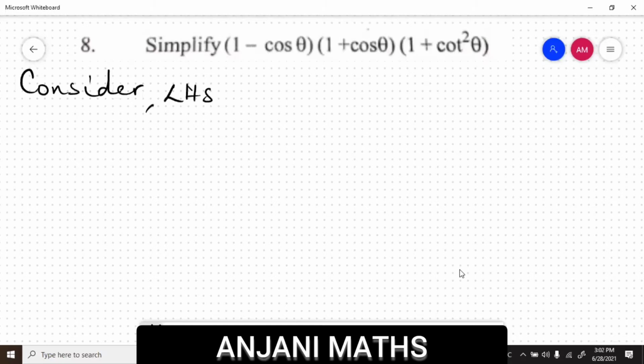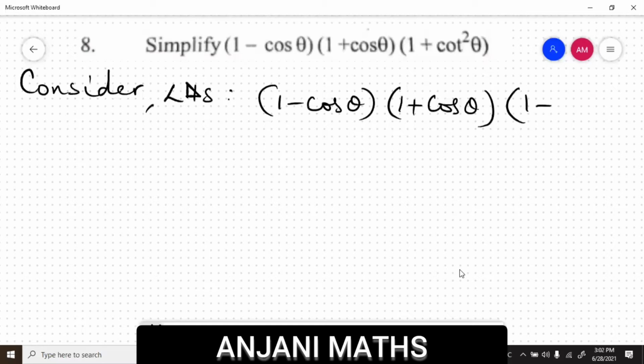What do we have in left hand side? 1 minus cos theta into 1 plus cos theta into 1 plus cot square theta. By seeing the first two terms of the product, we can easily say that it is of the form a minus b into a plus b. So we write it as a square minus b square. So in this case, we have 1 square minus cos square theta